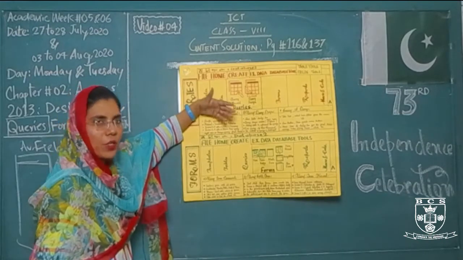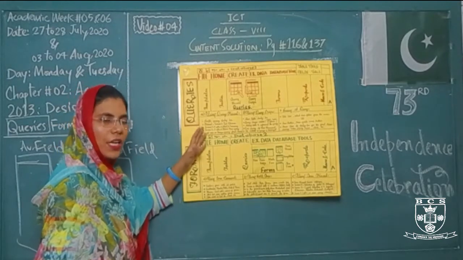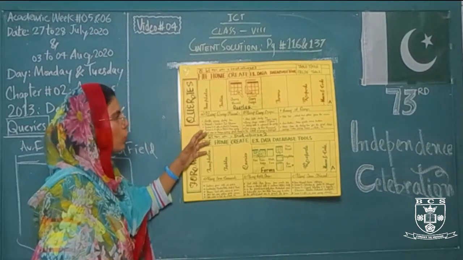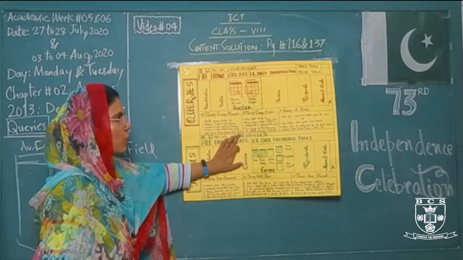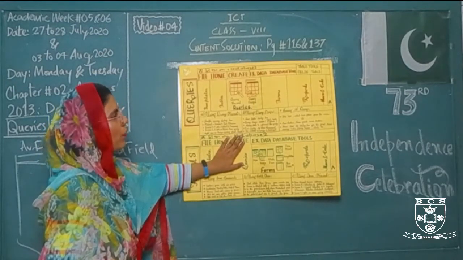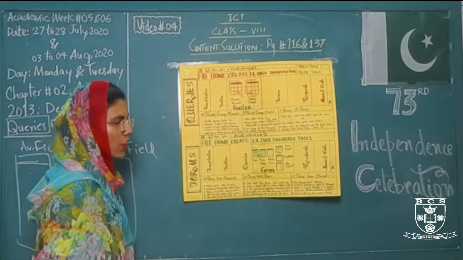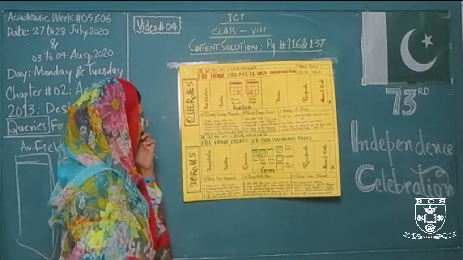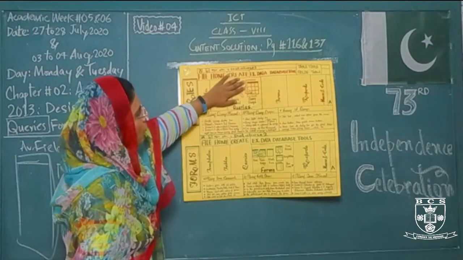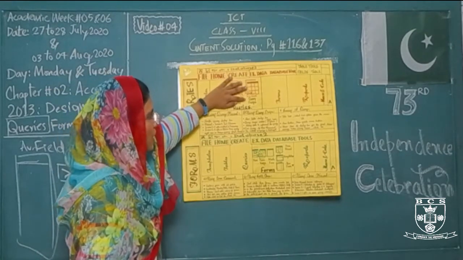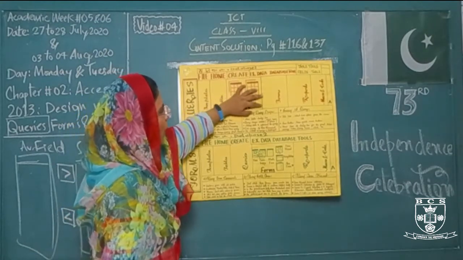If you want to format your query first, you will select the second option. If you want to directly view the query, or the answer to the question you are asking of your data in Access, you will select the first option and then click the Finish button, and your wizard will be closed and you will have a query on the screen. This is the first method for the creation of a query. If we click the second button, that is query design, right after clicking this button it shows a table dialog box.